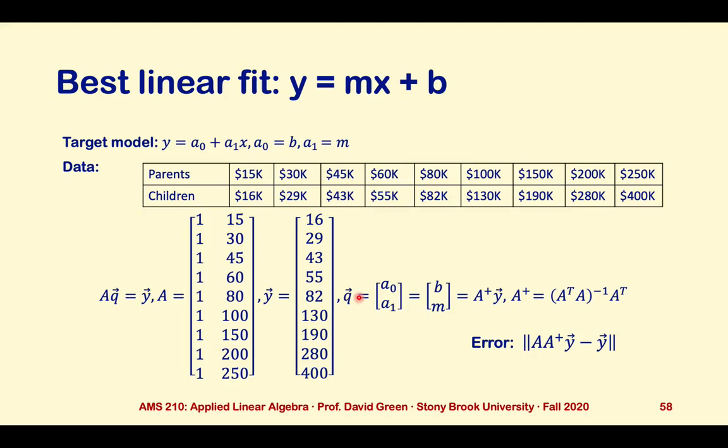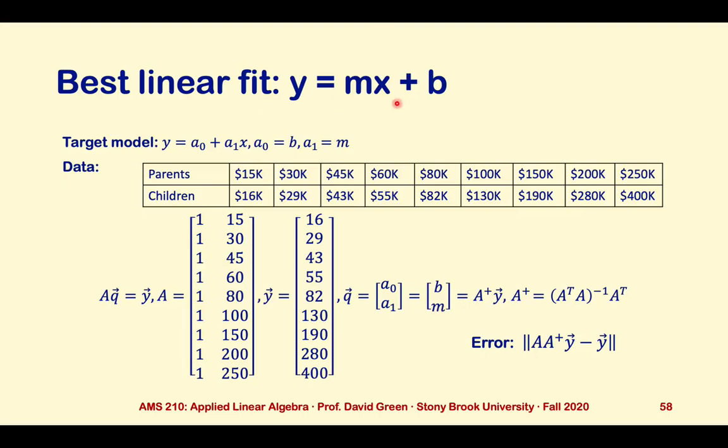The y would be our set of y data, and given this A and this Y, AQ equals Y is our linear fit, where Q holds our parameters, A0 and A1 in the general form,